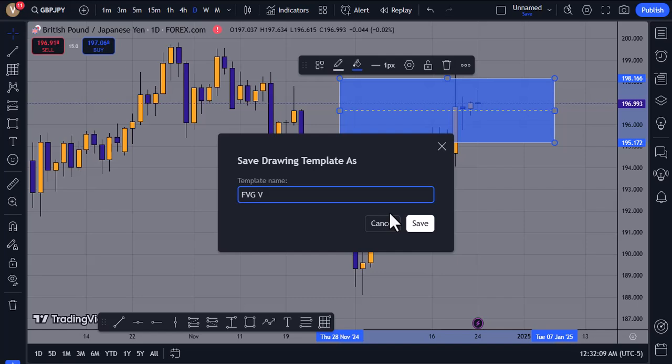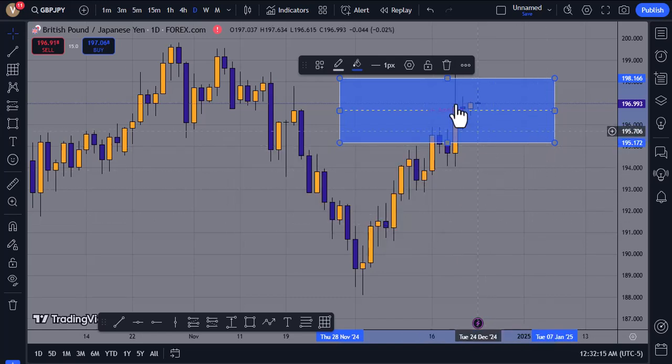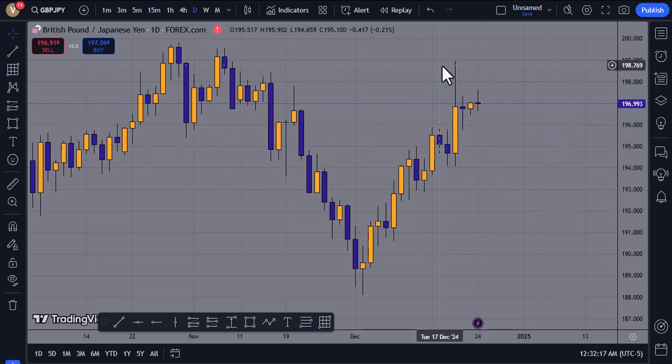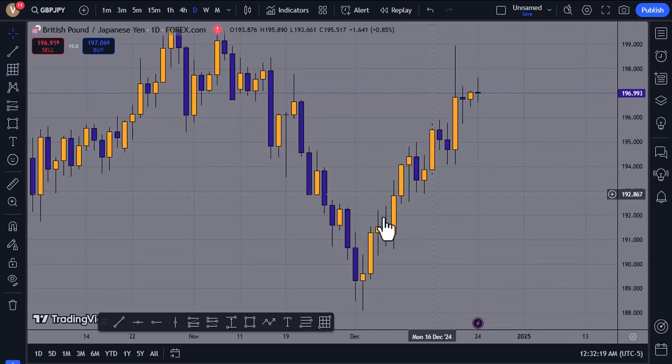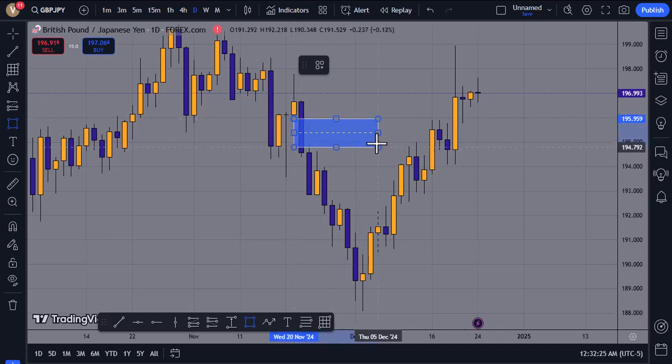FVGV. You can call it any name, because I have another FVG. So I'll just save it and then I can delete it now. I want to mark this fair value gap. So going back to this point, I will mark here from this very one, that's the fair value gap,